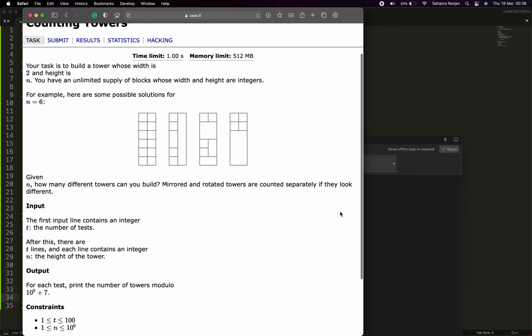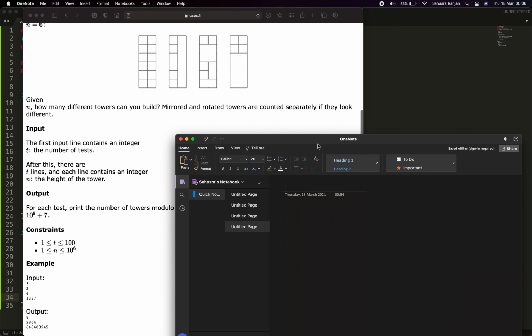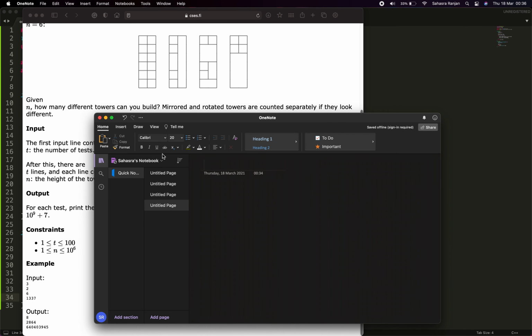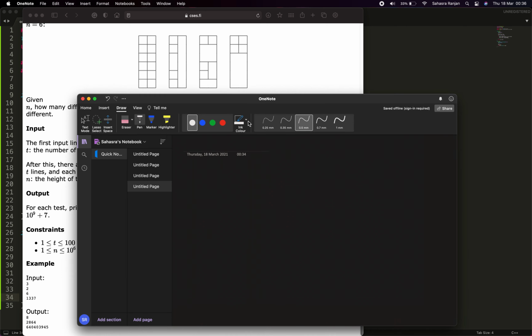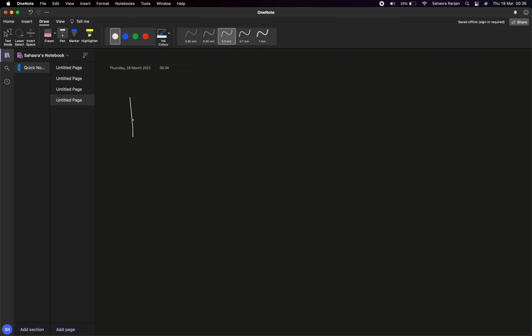This is a standard DP problem, so we'll try to show you the sub cases. The first sub case is this.